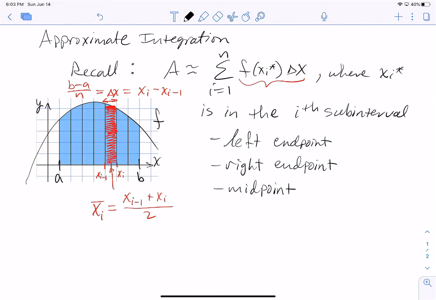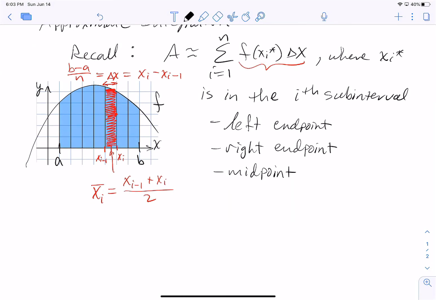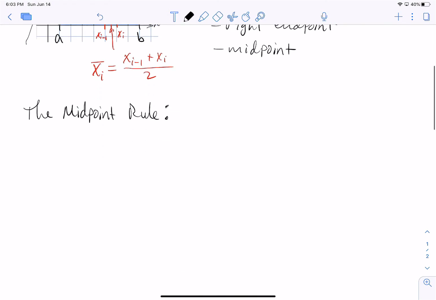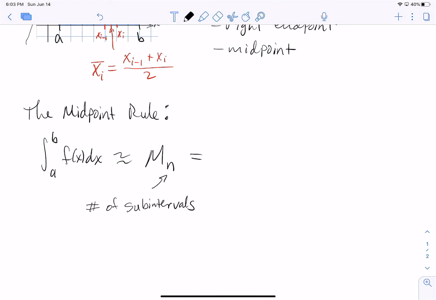Well, folks, using the midpoint as the input value for the function leads to something that we call the midpoint rule. The midpoint rule says that the integral from a to b of f of x dx is approximated by M sub n. The M represents midpoint, and the sub n is the number of subintervals. And the value is given by delta x times the quantity of f of x sub 1 bar plus f of x sub 2 bar plus ... plus f of x sub n bar,